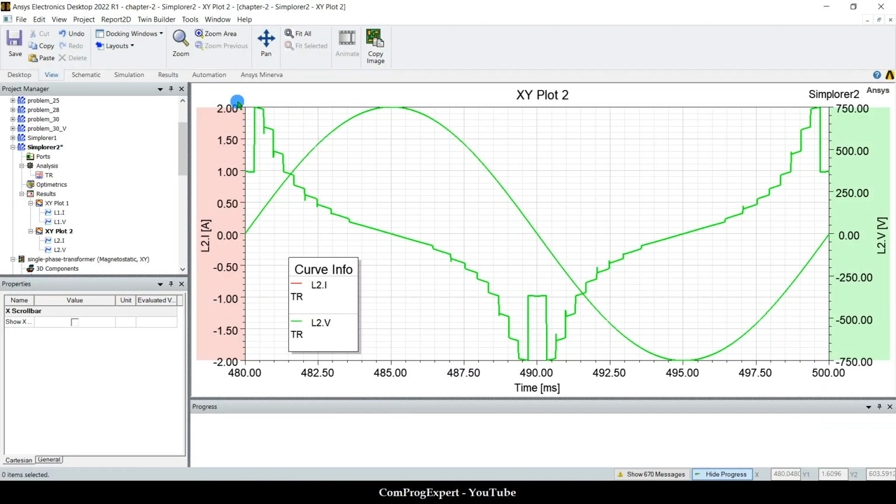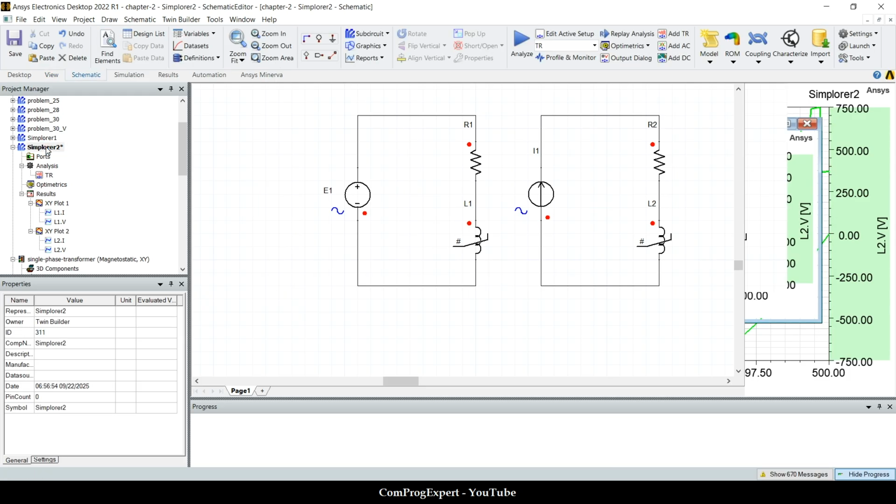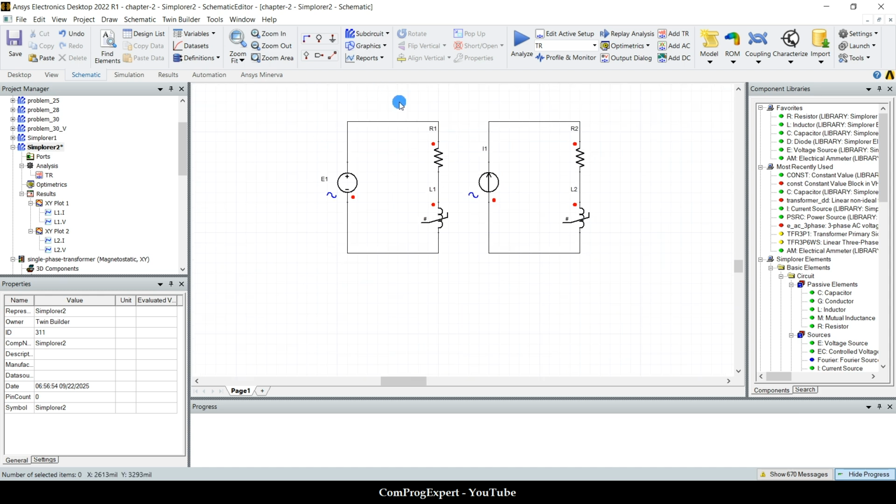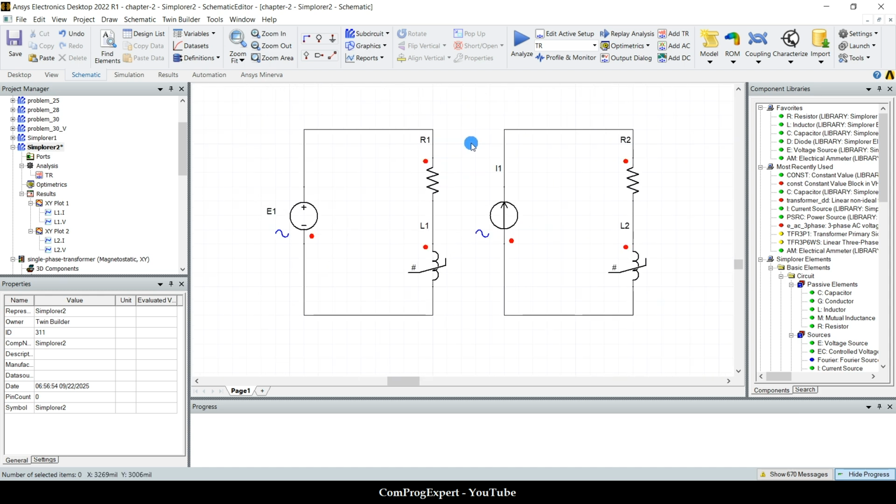Anyway, here the voltage waveform is not sinusoidal. So why is this important? Because in the three-phase case, when we have a star connection, we will have an important point that let's review